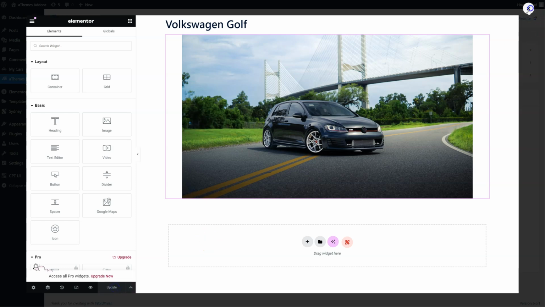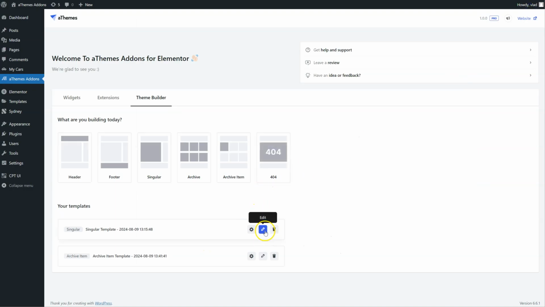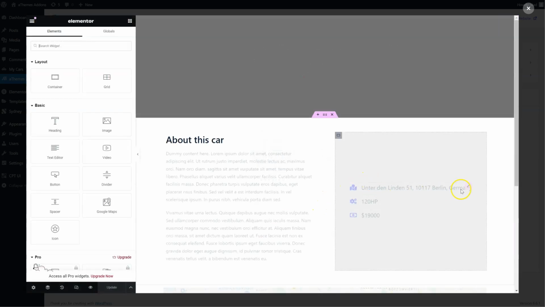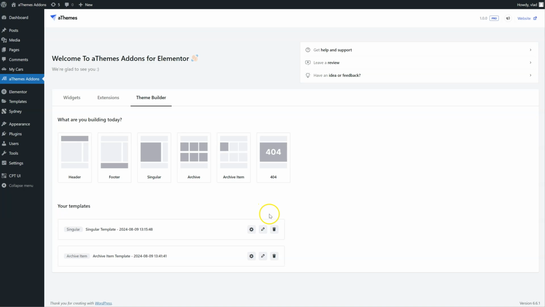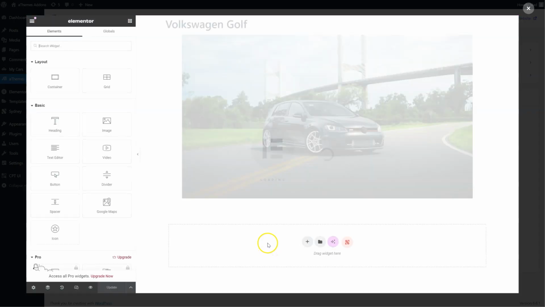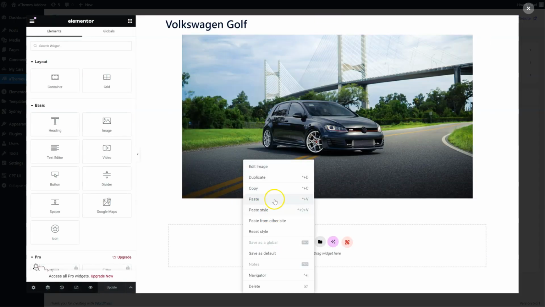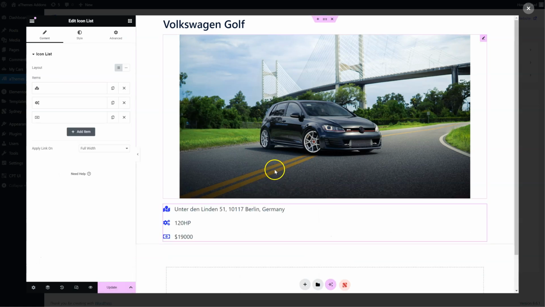I can actually just close this and go here and copy my list. Just going to copy this from here, close, and go back to my archive template. Alright, so here they are. I'm going to update,